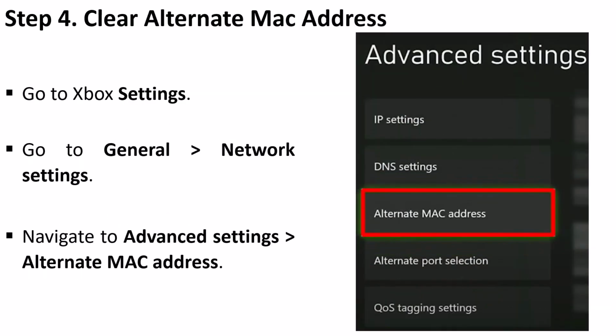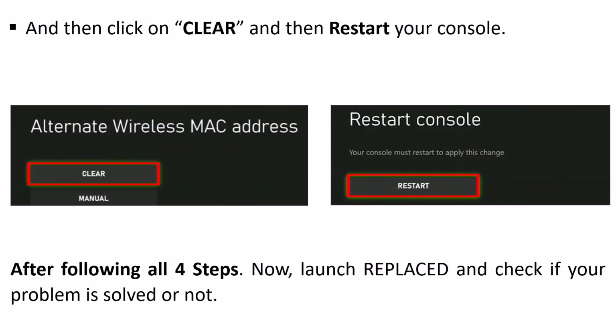Step 4 is to clear the alternate MAC address. So go to Xbox settings, go to General, Network Settings, navigate to Advanced Settings, Alternate MAC Address and then click on Clear and then restart your console. Now after following all these 4 steps, you can go ahead, relaunch the game and check if your problem